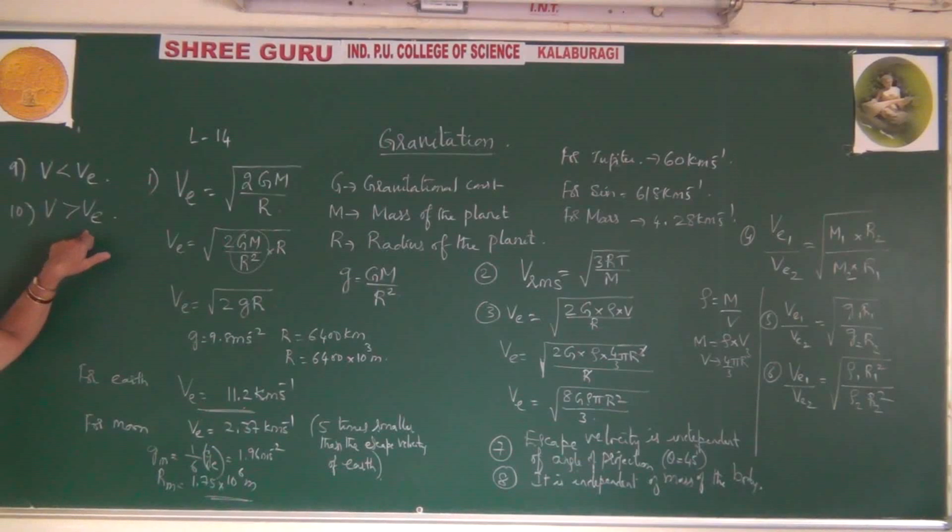But if you have this, that is nothing but v is greater than escape velocity. It will escape from the surface. Escape velocity we already have. We are throwing with a greater velocity. It escapes, but it will never come back, or it will never enter into the orbit. Depending on that velocity, we can say whether it enters into the orbit or not.